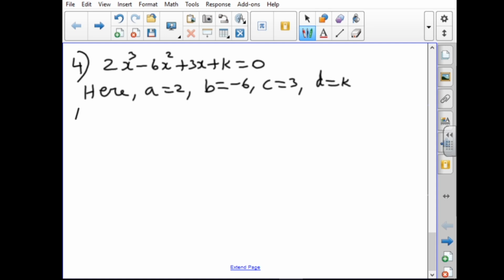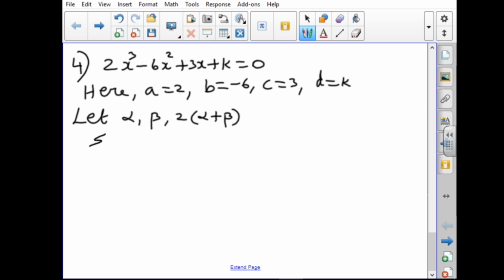So we will take the roots now. What is given? One of its roots is twice the sum of the other two. So let the roots be alpha, beta and 2 into alpha plus beta, because one of the roots is twice the sum of the other two roots. The sum of the first two roots is alpha plus beta, so twice the sum of the other two roots is 2 into alpha plus beta. Therefore the three roots are alpha, beta and 2 into alpha plus beta.